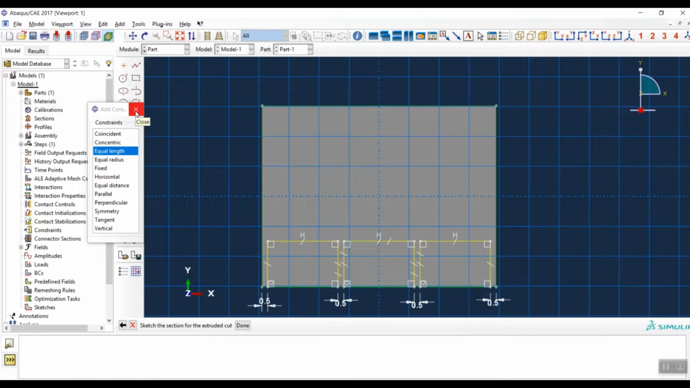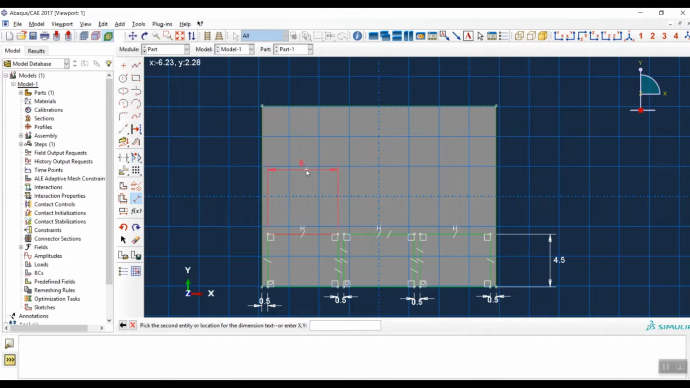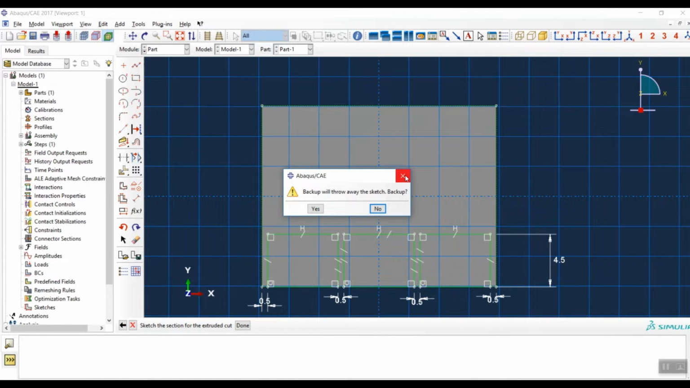Okay, and then apply the length. Here is 4.5 meters. Okay, this line is also 6 meters, as you can see, but I'm not going to apply this 6 because it's already 6, and as you can see, the lines are all green, which means that this is already defined. Okay,